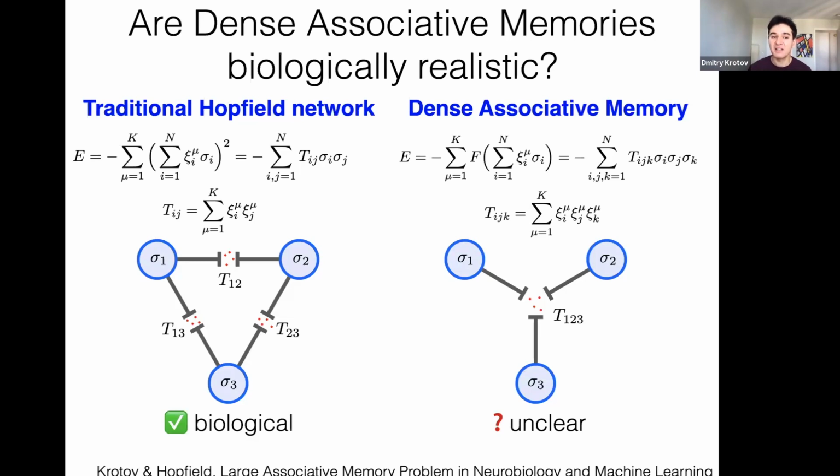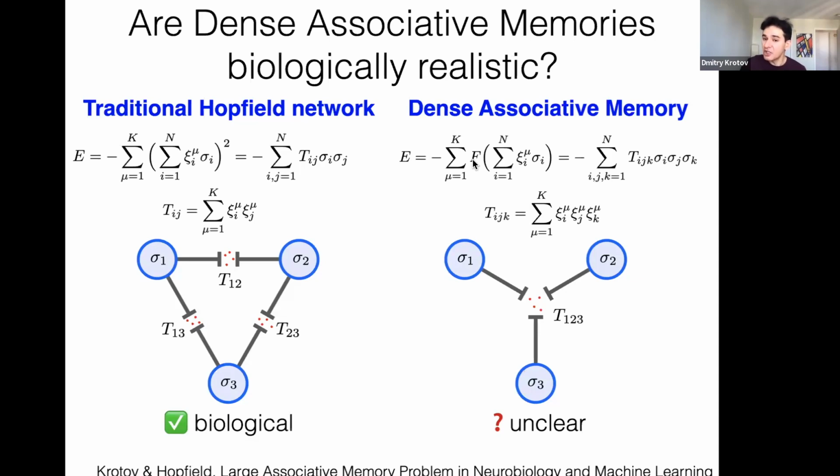So let's go back for a second to the classical traditional Hopfield networks. As we already discussed, in the case of binary networks, we can write them in this way, with the tensor T_ij that couples to the product of two spins or two neurons, sigma_i and sigma_j. Or we can write it in this form, where I compute the overlap and I square it. And it's exactly the same formula. Now, let's try to do something similar for dense associative memories. And let me pick the function f to be a cubic function for simplicity.